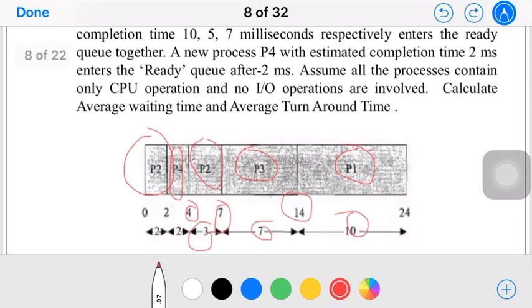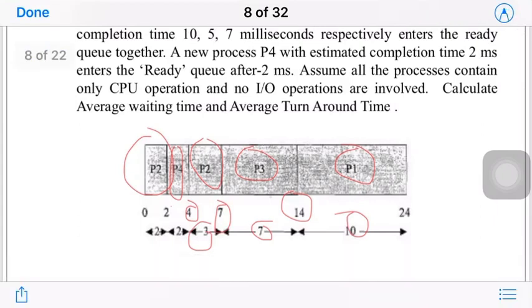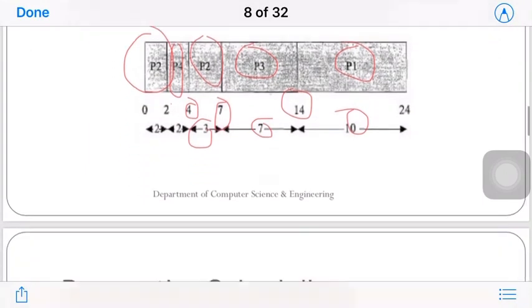What shortest job first is telling us is that the one who requires lesser time will go first, even if it enters later and the currently running process will require more time than the new one. So the new one gets the chance first, and then the remaining execution is done by the currently running one. So it has stopped P2, given a chance to P4 because it takes less time, and then again continued with P2. Understood? Based on this, we now need to calculate the average waiting time and average turnaround time. If you have drawn this diagram correctly, you can easily find them.